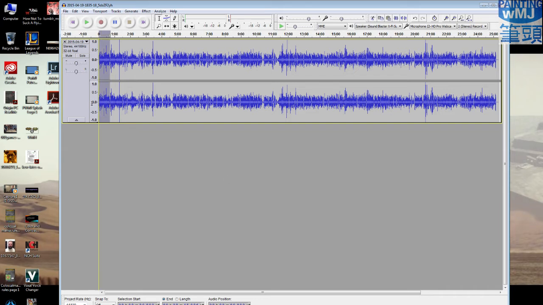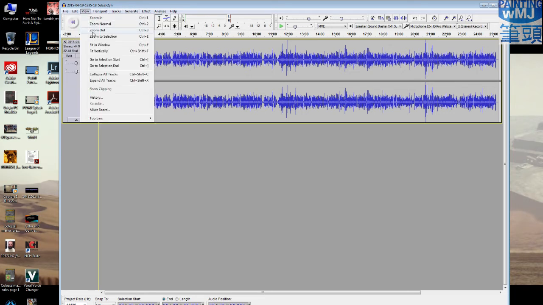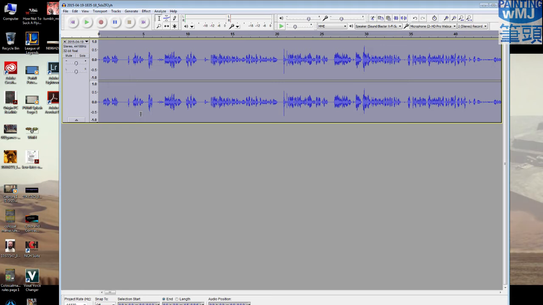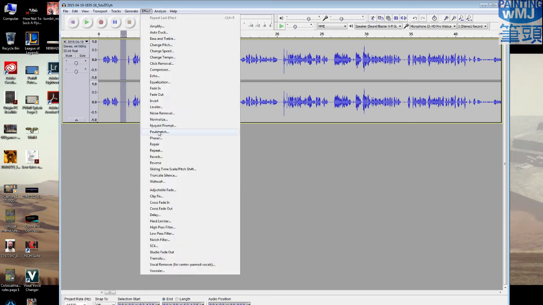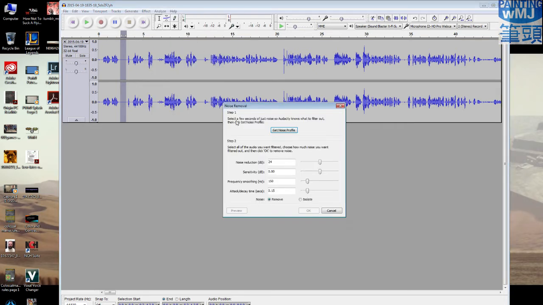The first thing we're going to do is highlight back in here, and then do a view, zoom to selection. And what we're looking for is an area of dead air. So I'll select this little area of dead air here, and I will do an effect, noise removal, get noise